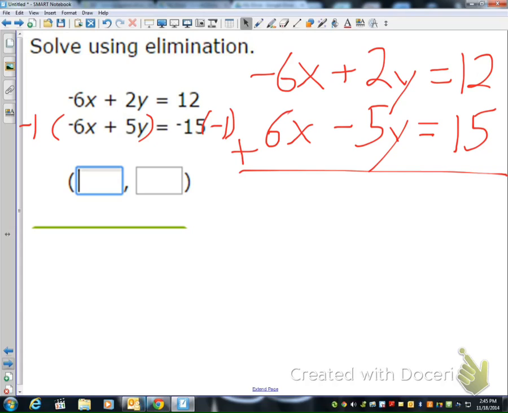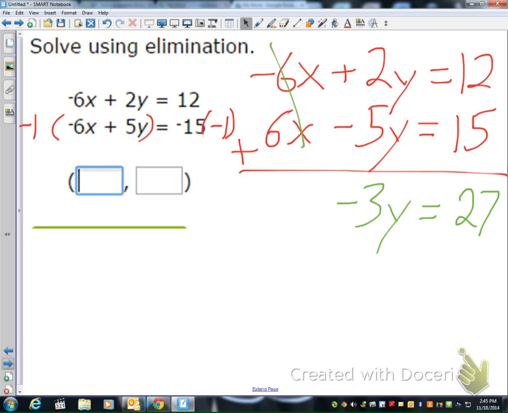Alright. Now, guys, from here, since I have opposite signs now, I can treat it as addition. So if I add negative 6x and positive 6x, they get eliminated, right? We get rid of the x's. Positive 2 plus negative 5 gives me negative 3y. 12 plus 15 gives me